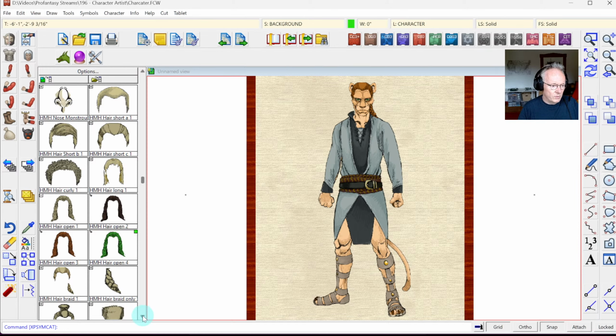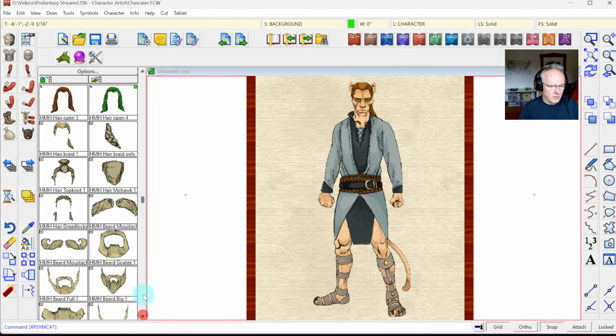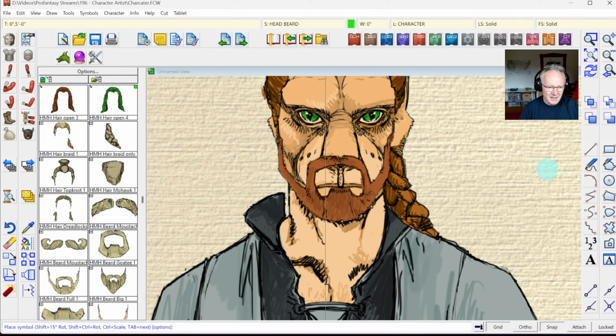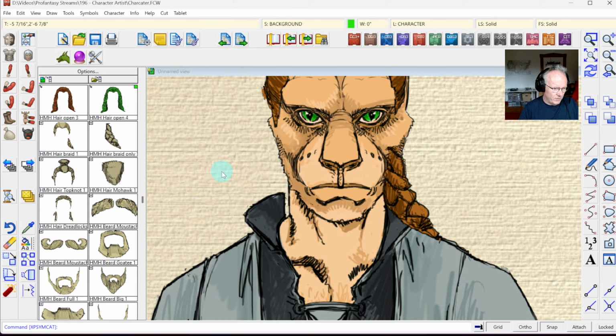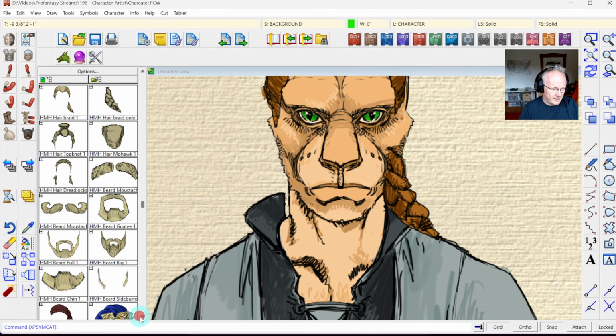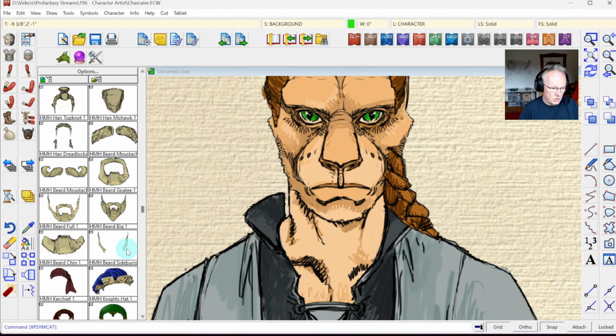Right, so I've got that, and you could also have a look whether a kind of a beard looks good on him. If I grab the full beard here, and if I find the same coloring, there we go. But this, yeah, that doesn't quite fit his cat snout, so this is clearly set up for the human being, so that won't work. We might have a look whether we find something like it. The sideburns could actually work. Yes,